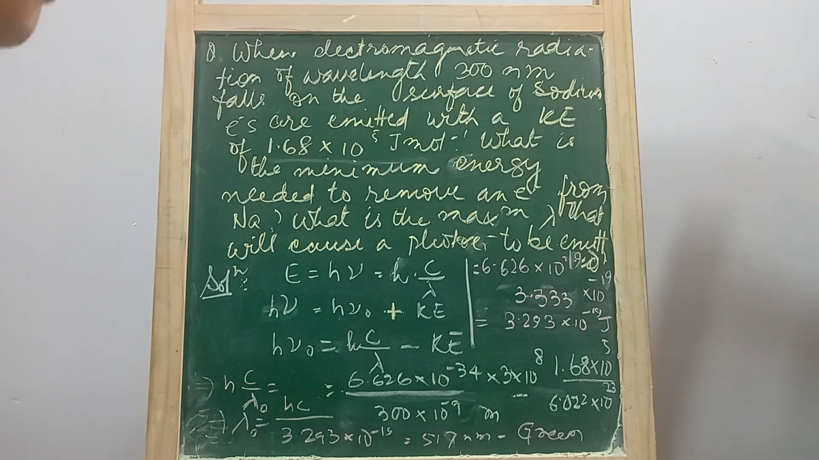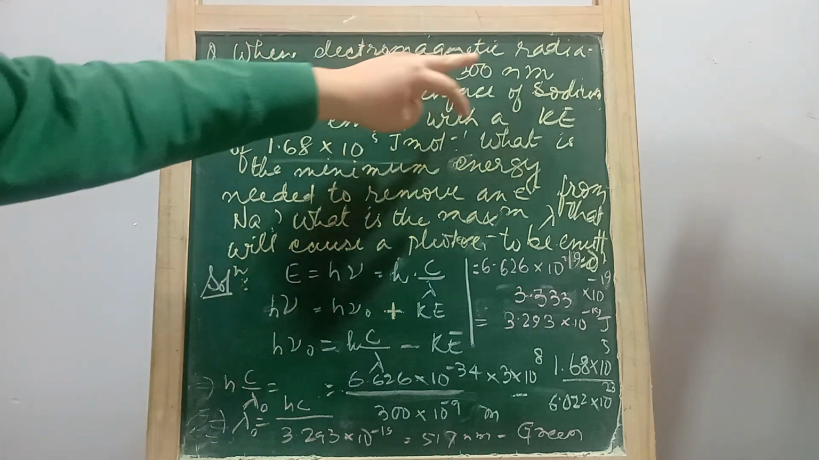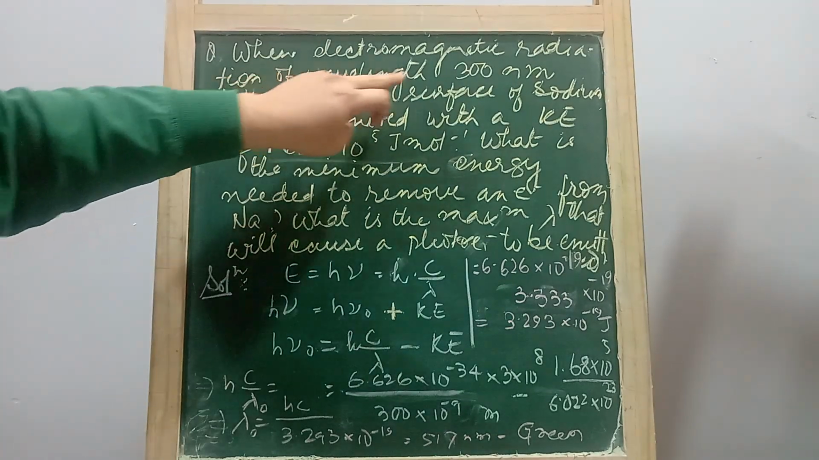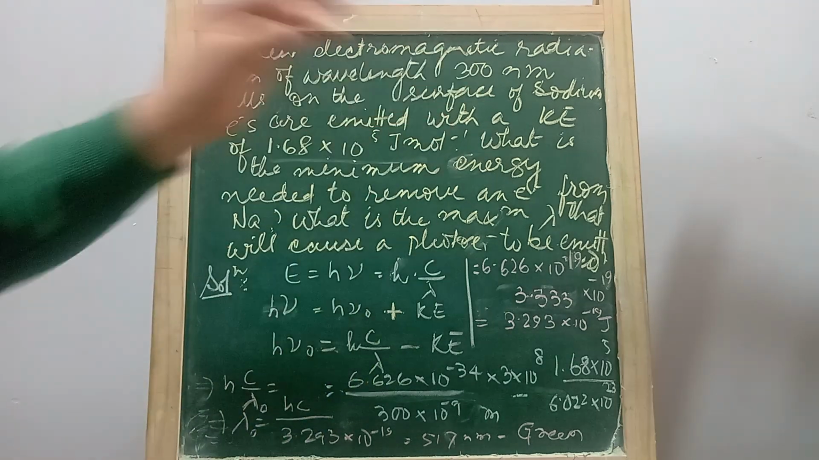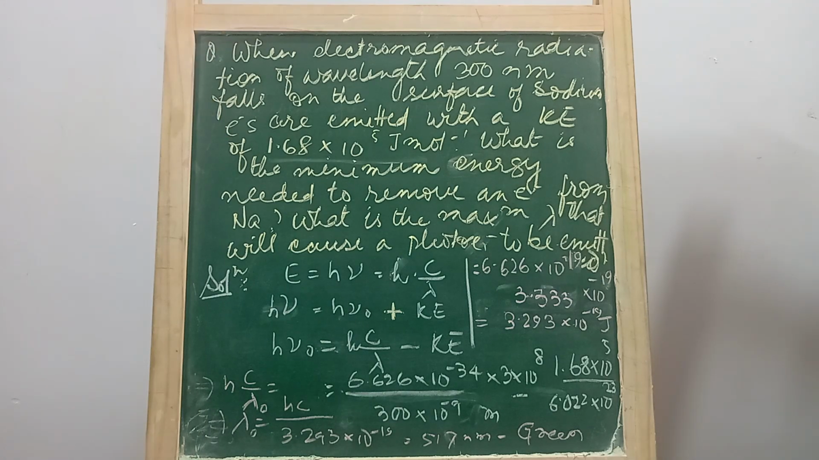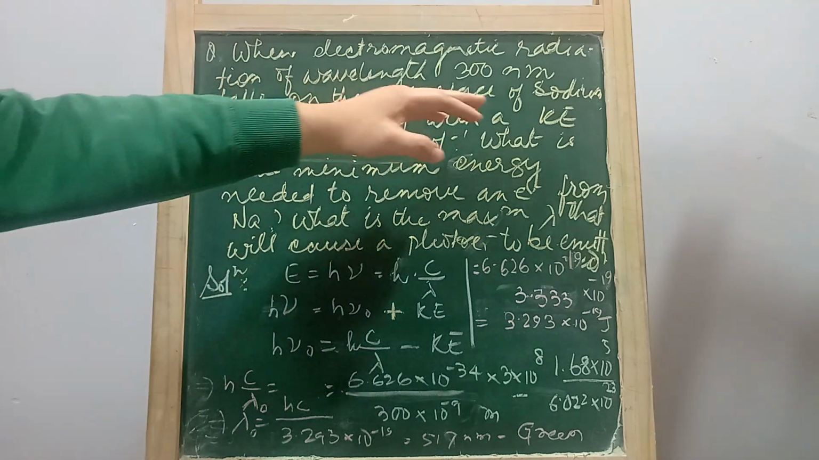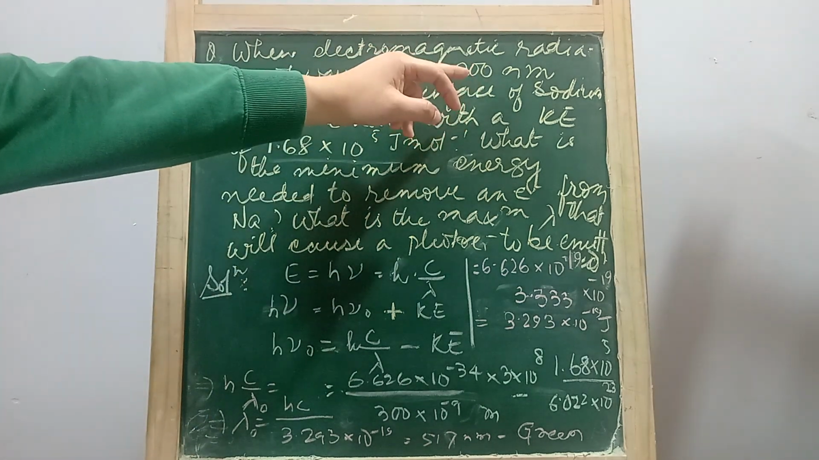Okay, let's consider this problem which is related to the photoelectric effect. When electromagnetic radiation of wavelength 300 nanometer, which is less than 400 nanometer, so I think it must be ultraviolet rays, falls on the surface of sodium. So it's falling on the metal sodium and electrons are emitted when this is the wavelength which falls